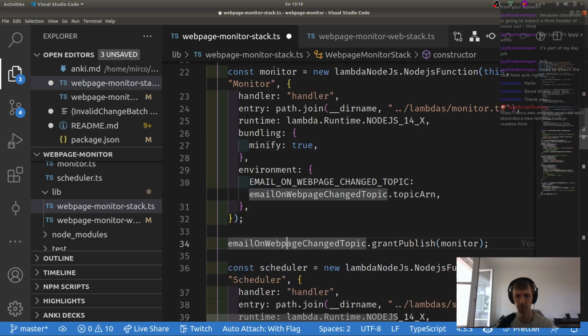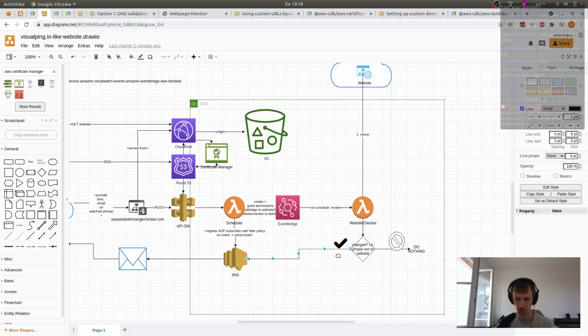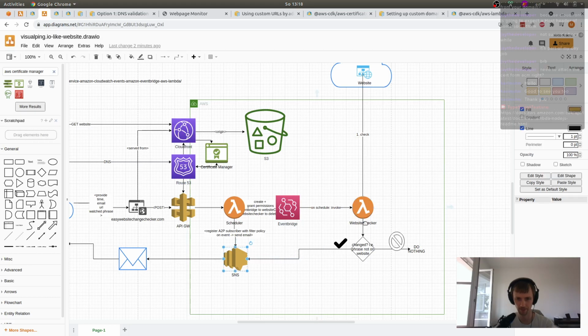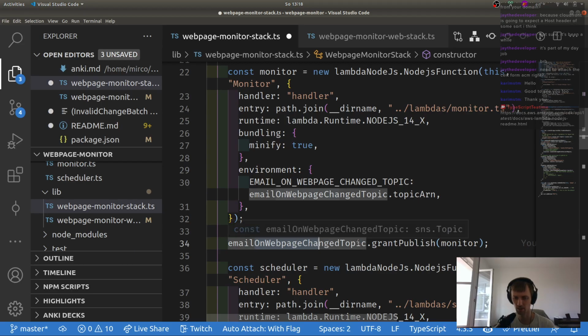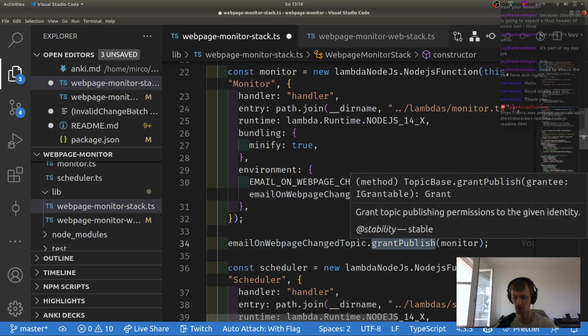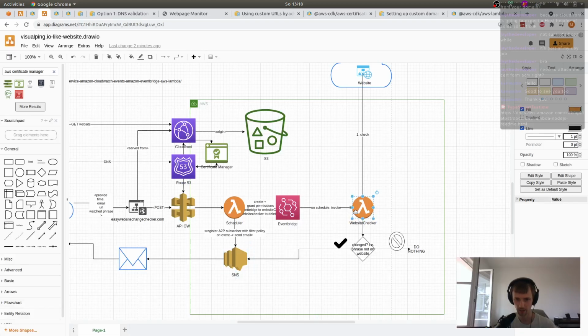And because the monitor pushes events to SNS, it also has to have the proper permissions, which we say with grant publish, I think. So it's the email on web page changed topic, and then we grant publish rights to the monitoring function. On the other end, this would already be fine to just have manual site monitoring,